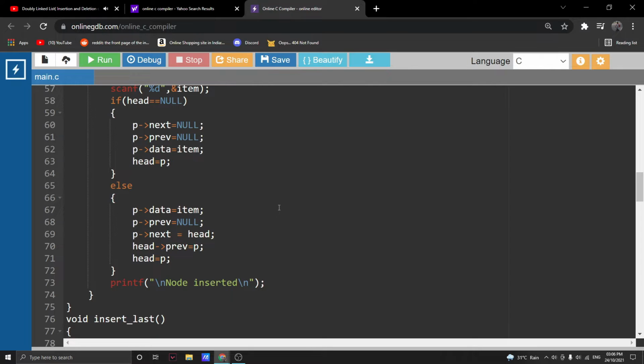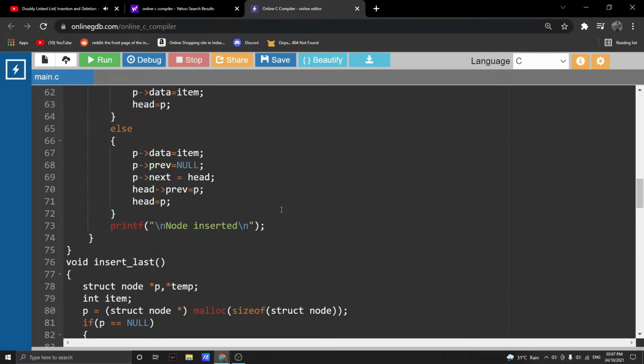What I'm doing next is assigning the item value to p of data, which we get using the scanf statement. After that, since we inserted a node inside a double linked list, I'm changing the head value to the pointer p, so that it will be the first element of the double linked list. Else if